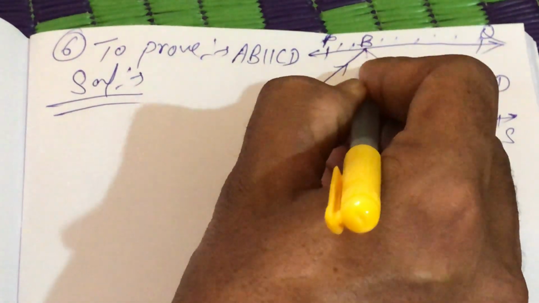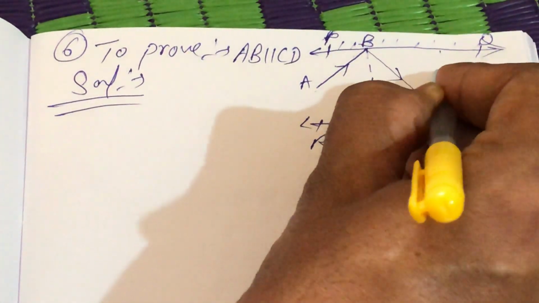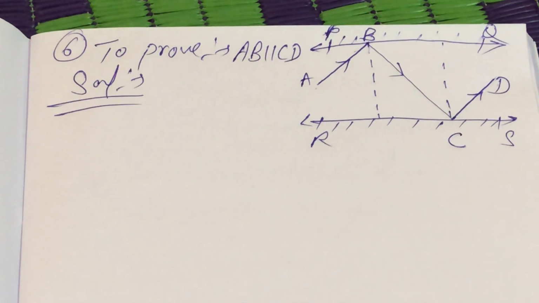Let's draw this line. Why am I drawing this line? This is a normal. Just construct the normal and now see the solution. Actually, this is the science concept we will be using in this video. In this question, a little science concept is there. You will study it in your light chapter in the 10th class: incident ray, reflected ray, all these things.